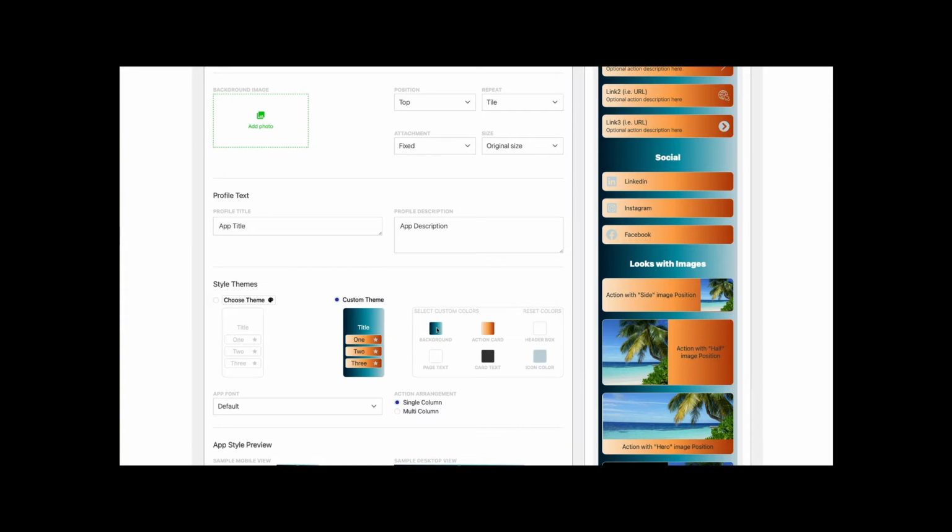There are 6 color settings in each theme that you can control. The background text, the action card color, the card text, the header box, which is the color that appears only on a desktop view outside to the right and left of the header image, and you can control the icon